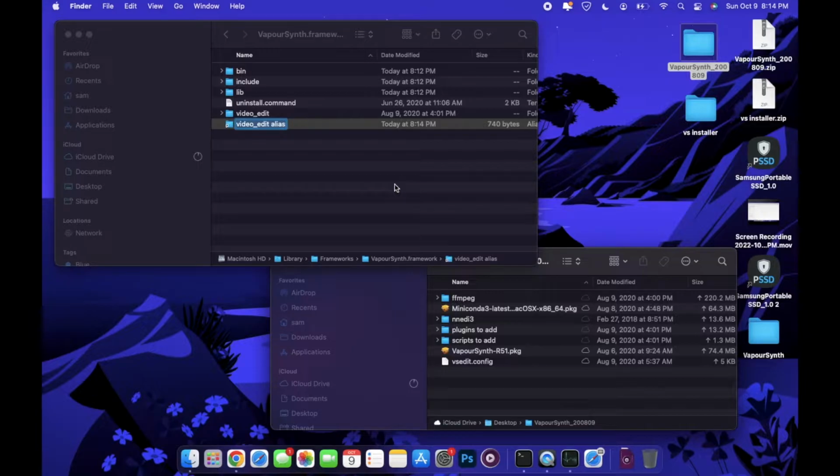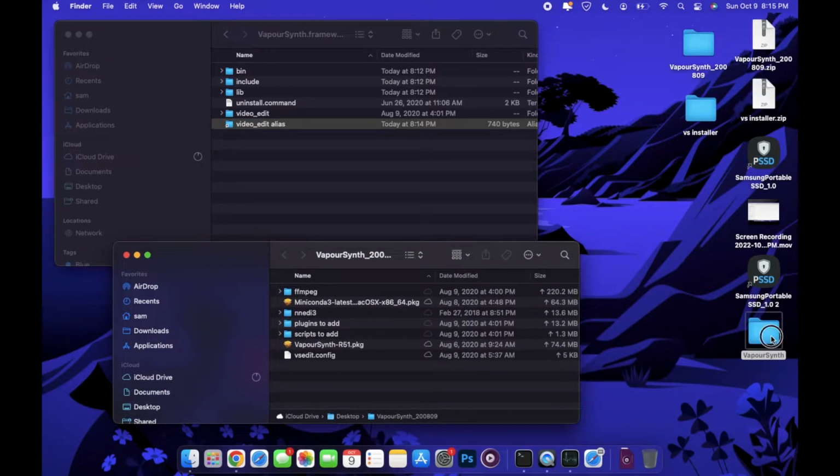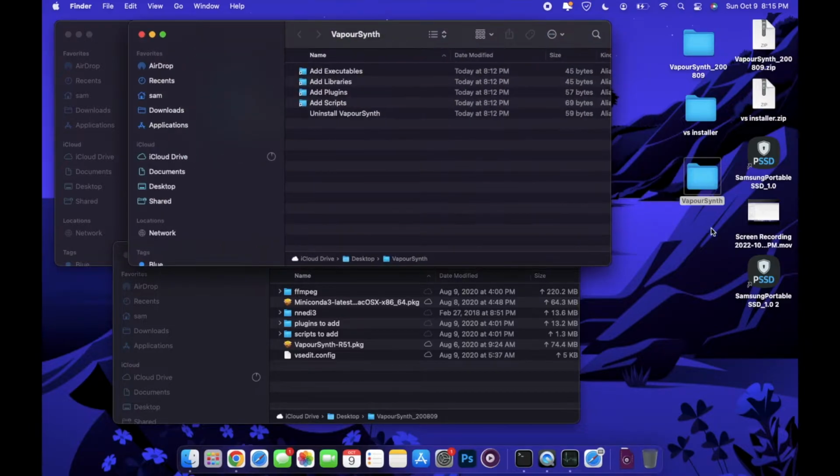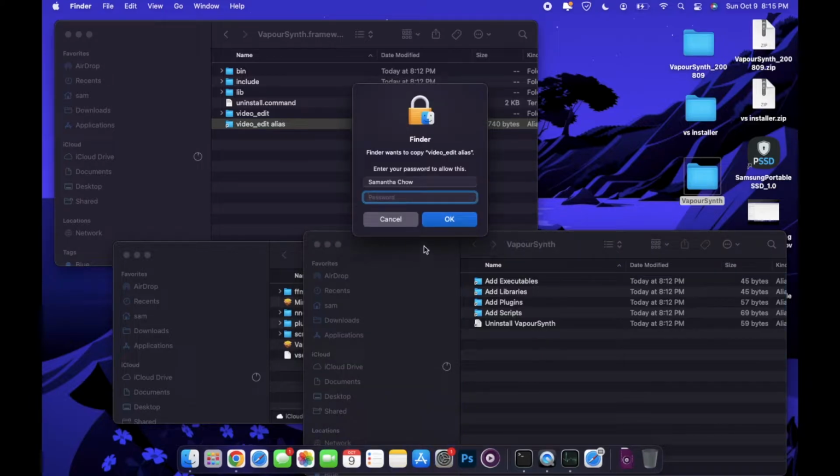Once we do that, we are going to move it to this other location. So if we go back to the tutorial in just a second, and it'll ask us to copy and then paste, or just straight up move to a different folder location. So we're going to go to that vapoursynth folder that we just created. It's on our desktop. It's just labeled plain vapoursynth, and we're going to drag that alias folder into that vapoursynth